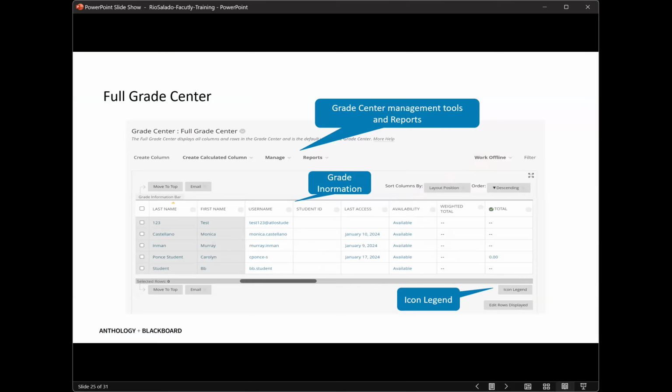There are ways to do some calculations. Especially towards the end of the semester, as you're working with grades and trying to sort out final grades, you can create extra calculated columns to help with some of the math part of it. There is a work offline option for faculty.